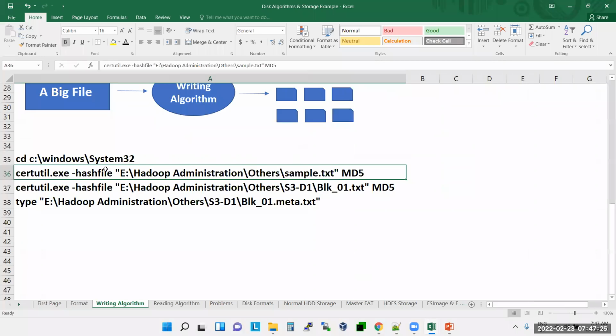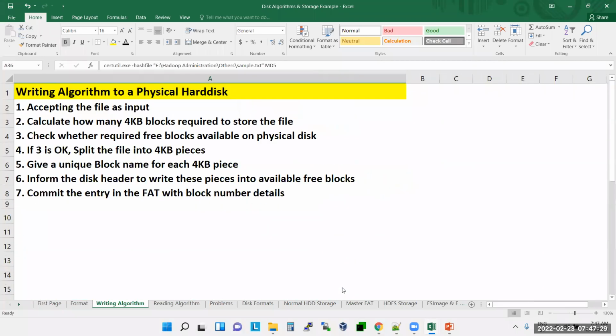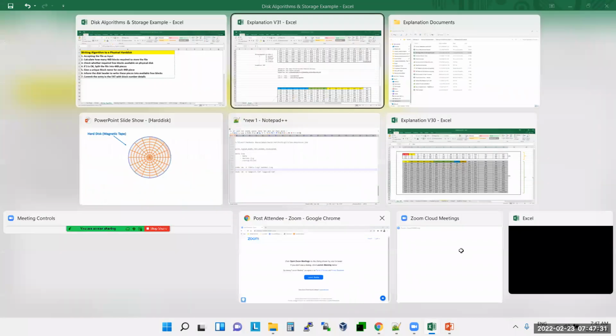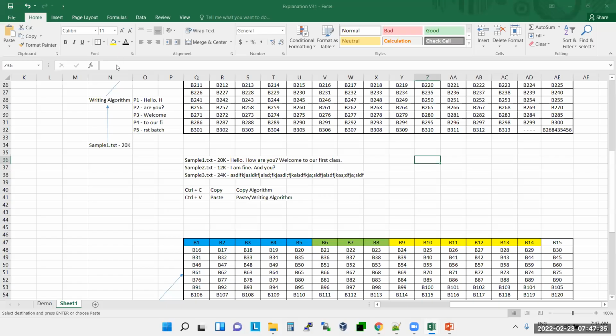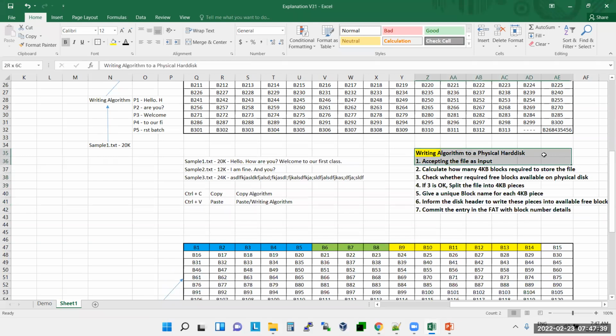So what is the writing algorithm doing? These are the steps it is performing. First, this is the writing algorithm.